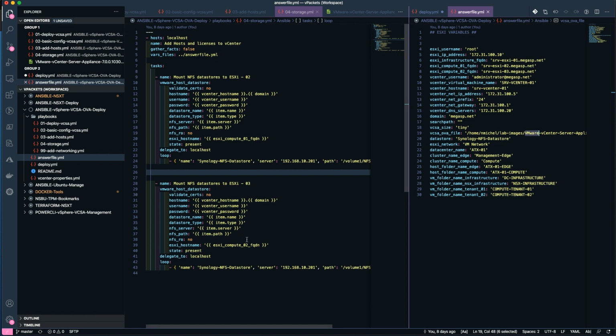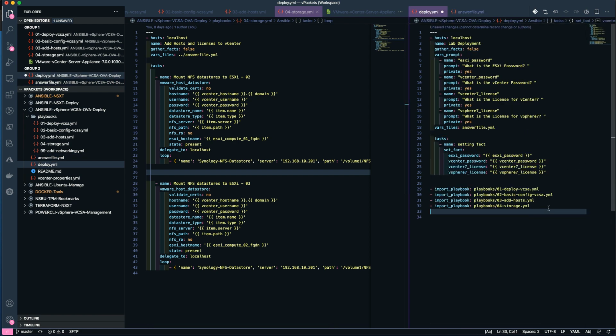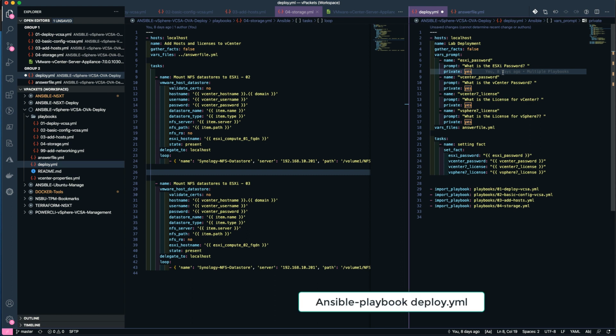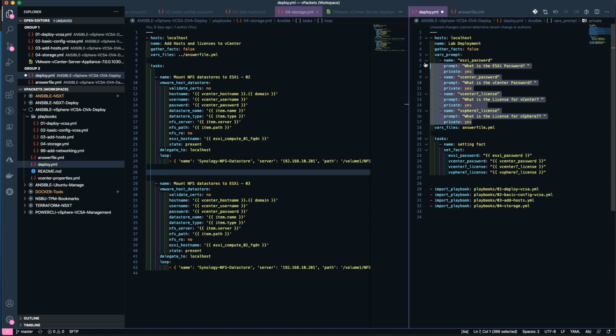Let me show you the code. This is the structure of the code. I have the deploy.yaml file, which will be the playbook that we will invoke in Ansible. So we will run ansible-playbook deploy.yaml in order to launch the automation of our vCenter deployment. But first it will ask us for four parameters, because I don't want these parameters to be hard-coded